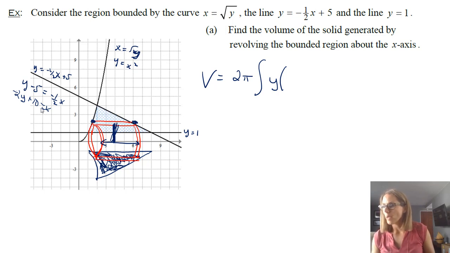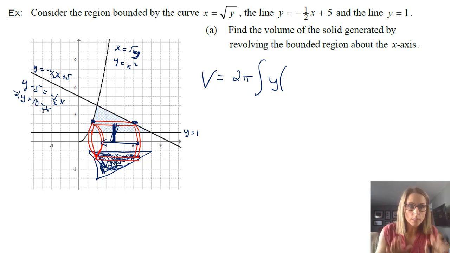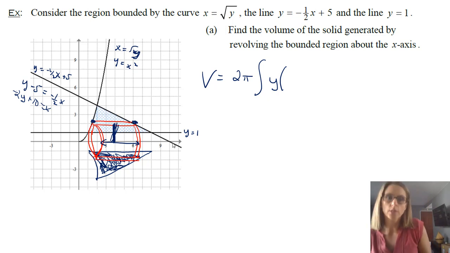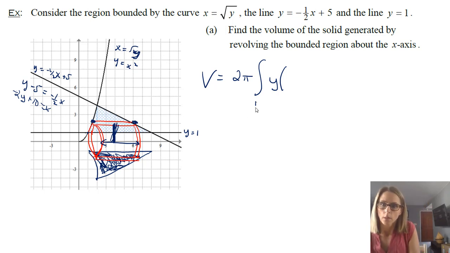Even though you can see the boundaries there, remember that one option you have, if you're not sure where things are going to meet up, is to set things equal to each other and find those points. Our graph here starts at y equals 1 and goes up to y equals 4. We can just see that from our graph. If you did want the intersection points, you could set the two functions equal to each other. I'll do the x value.